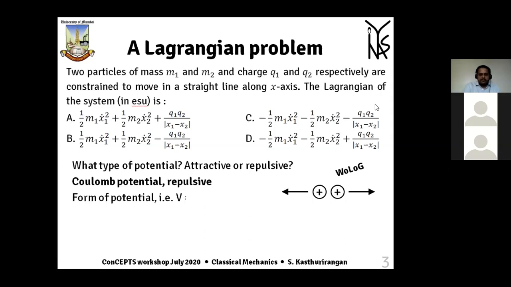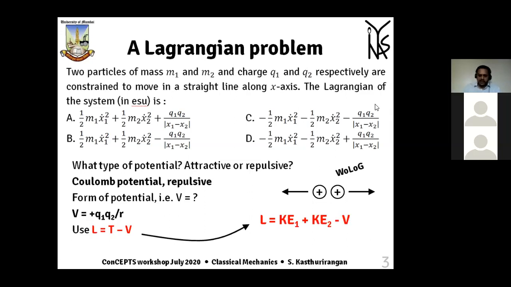And once you know this, there is a plus sign explicitly. You can use the prescription T minus V. Most of the problems where the Lagrangian is asked, T minus V works as a prescription. It won't work, for example, if you have a relativistic system. So there you have to be a little more careful. But there are very stereotype few potentials which follow that. I do not expect that it will be asked in a net exam. If it is asked, it is a by heart question as such. So using T minus V prescription, you arrive at the answer, which is B.